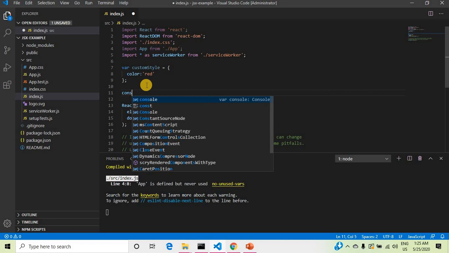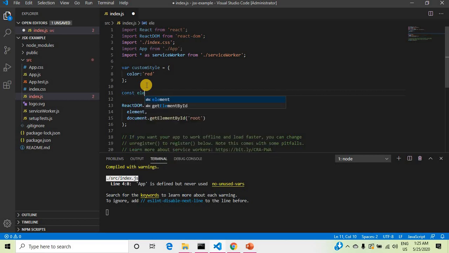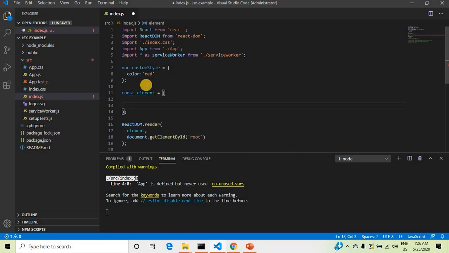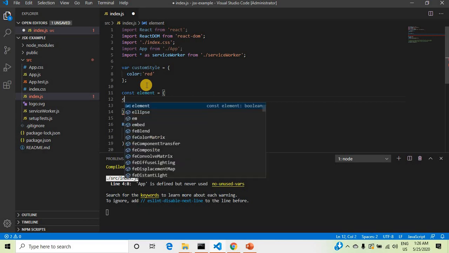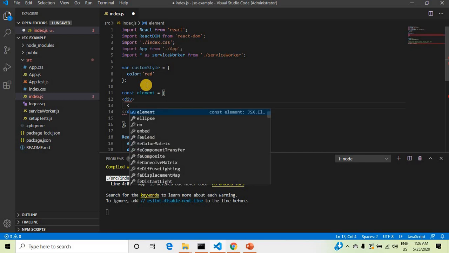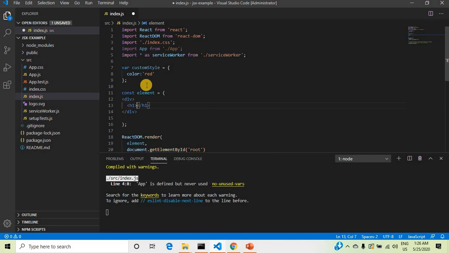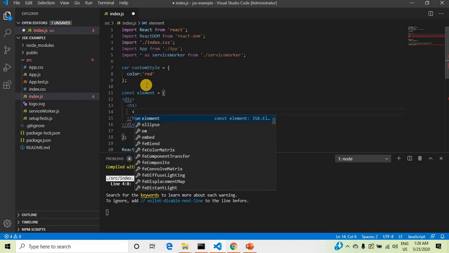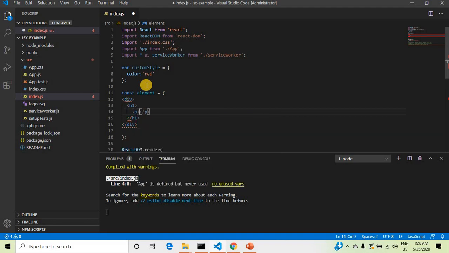After defining the custom style, we will create an element. Define the root level element first, and under it you can define any number of nested elements.